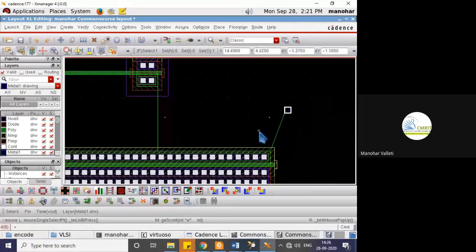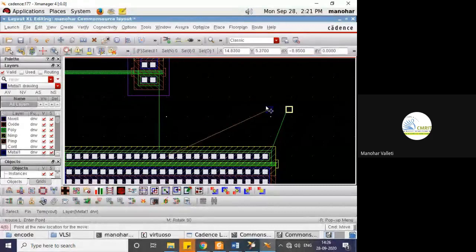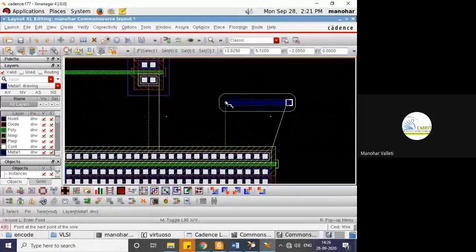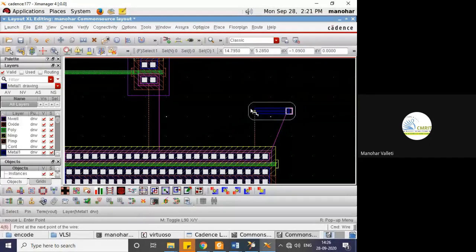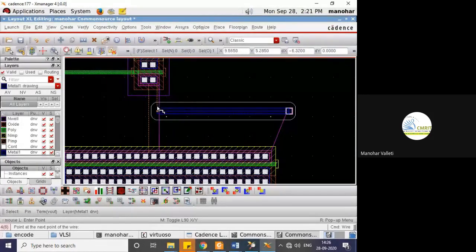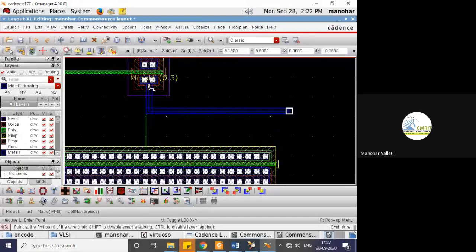So to reduce the metal width, I'll try to bring from here only. Just adjust the movement. Here. Stop here, and automatically it will take a turn. Put it there.